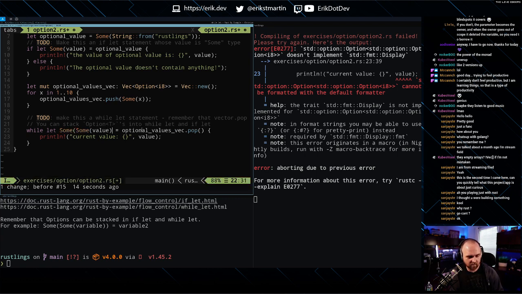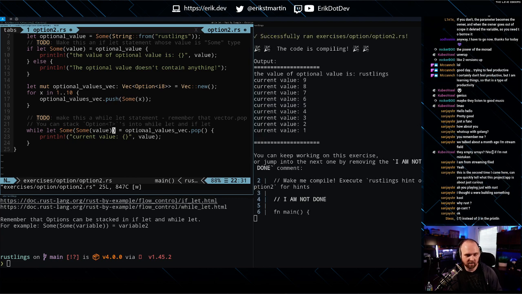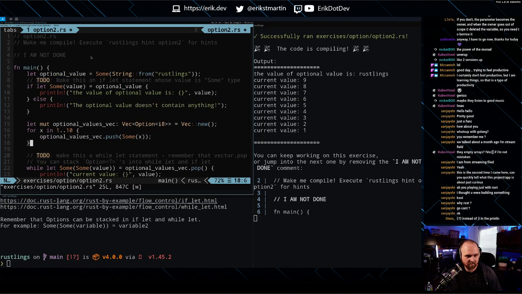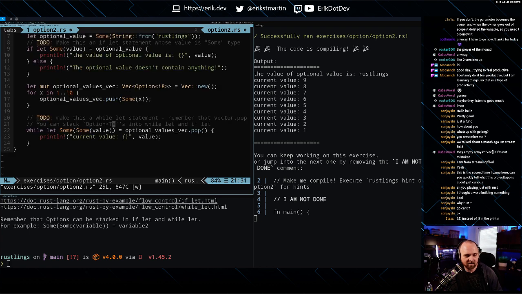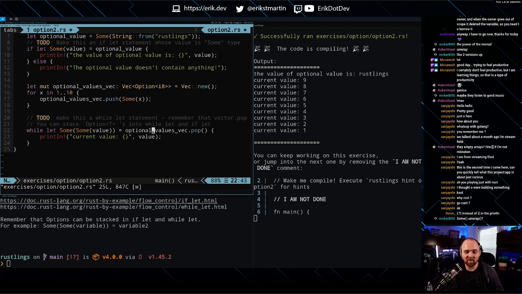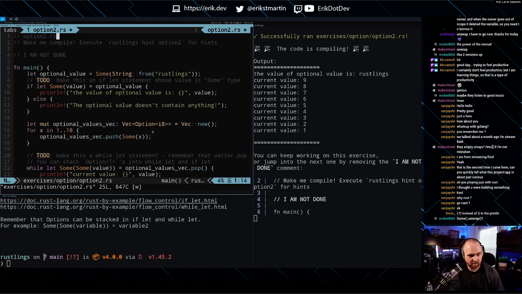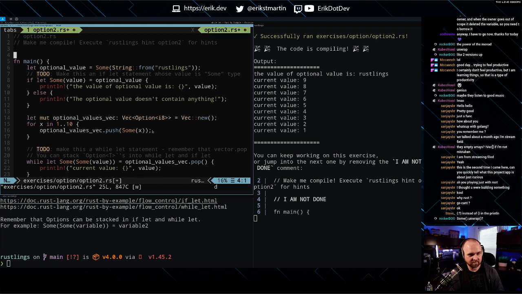So we need to unwrap this like twice. Yeah. Because the values contained within the vector are themselves options, but pop returns an option. That was confusing for a second there.